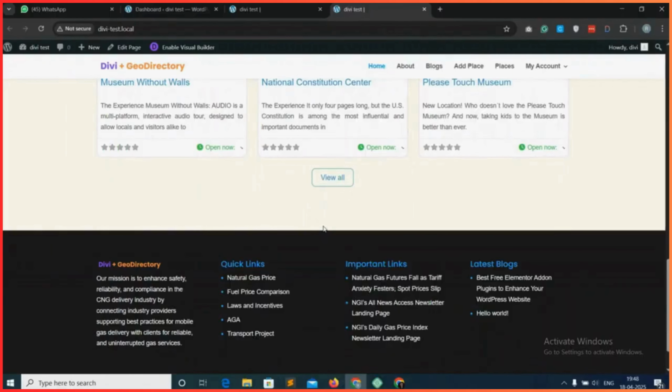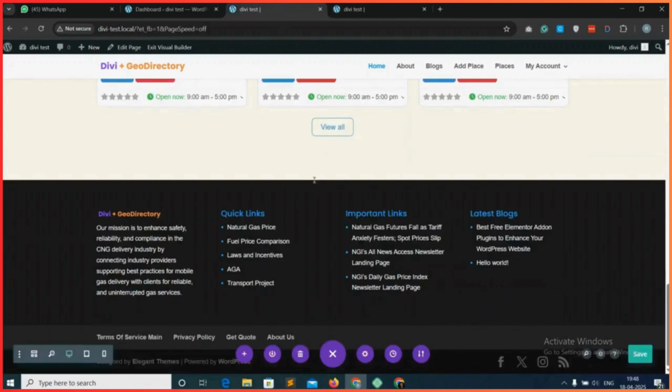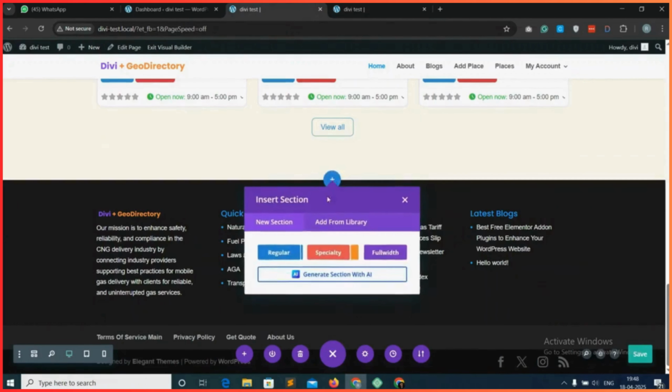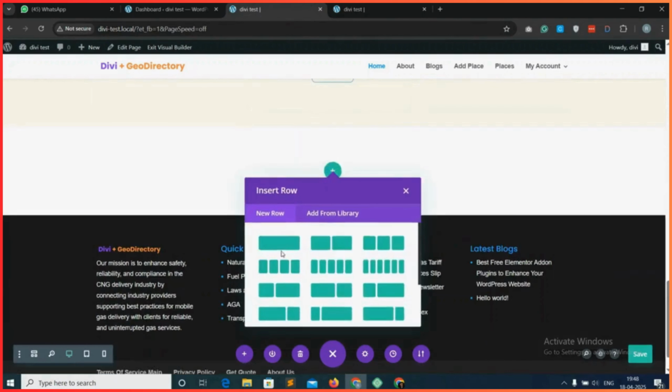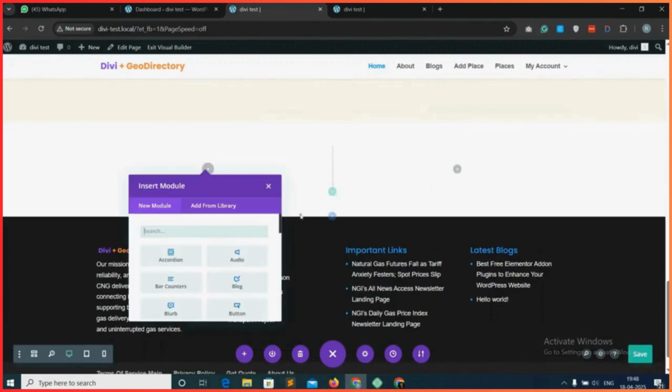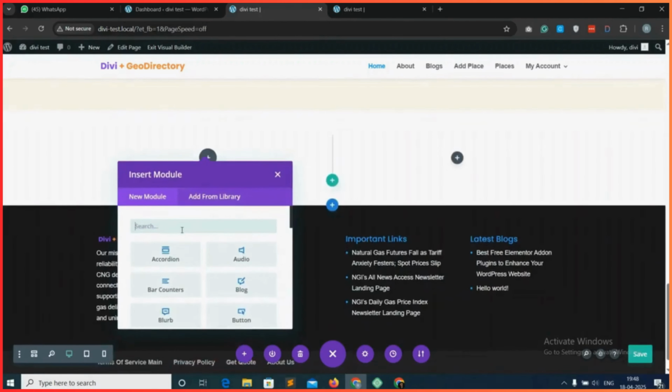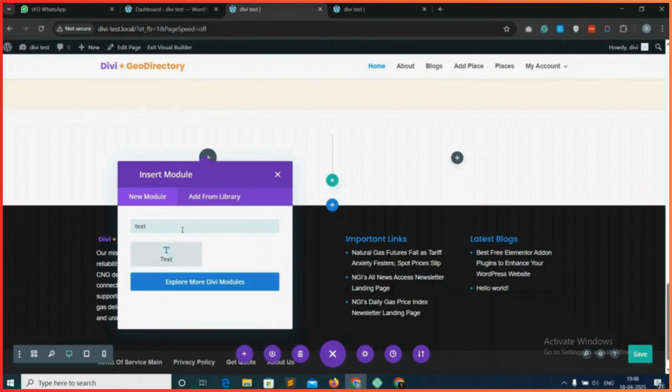So below the listing we will also be adding another section. On the left side there will be explore listing and the other side will be a map. So coming on to the editor, then clicking on the plus icon, then taking a section of 2 columns. In the first column we will be keeping the text field,